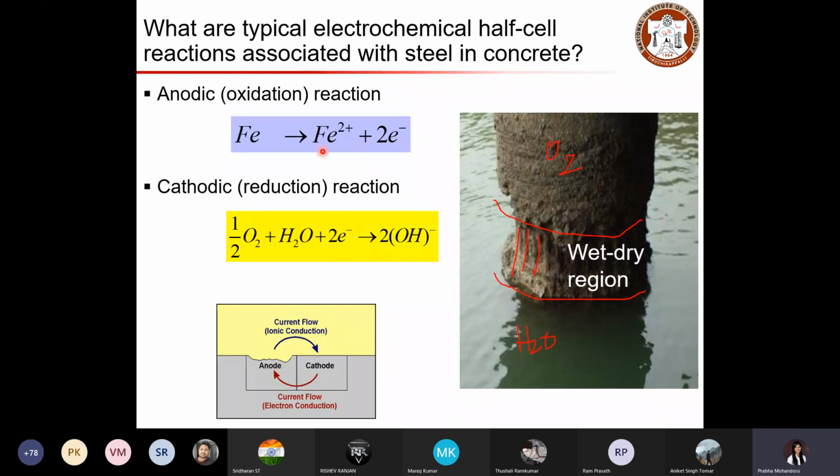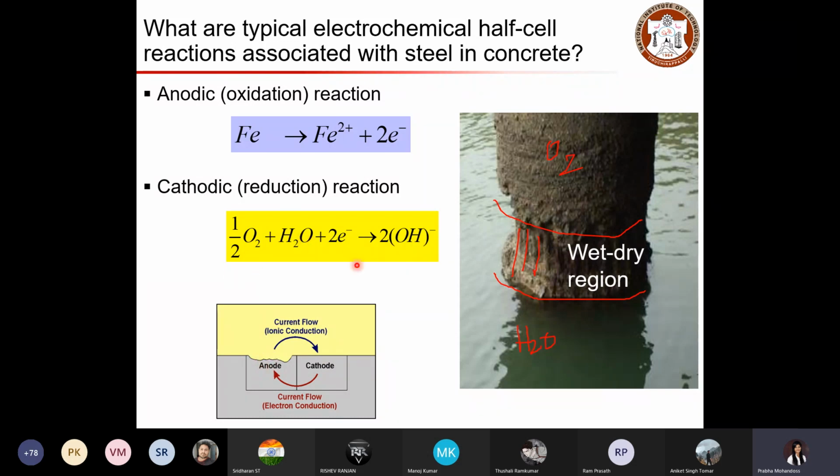Here you can see the anodic reaction. This is what I was mentioning, that when you have Fe metal, during this anodic reaction, the oxidation process, it loses some amount of electrons: Fe → Fe2+ + 2e-. In the cathodic reaction, the electrons that go there come back here to corrode the anode.